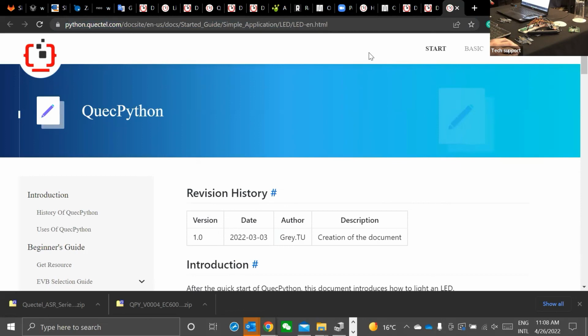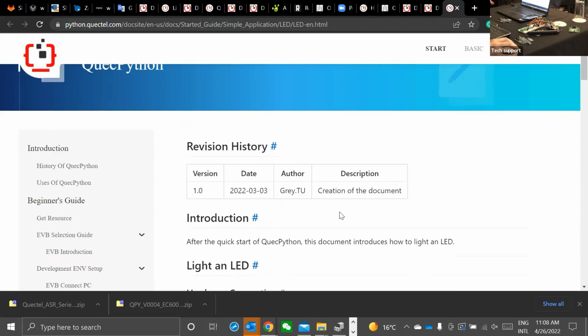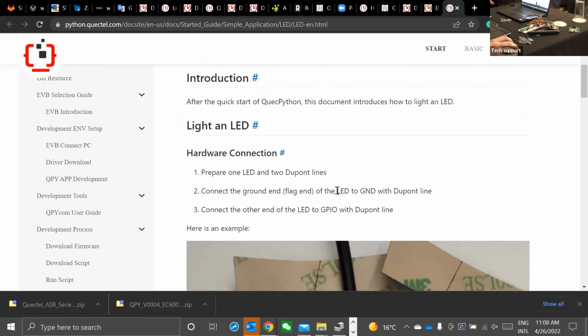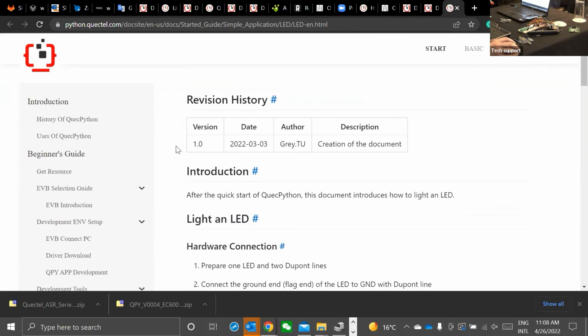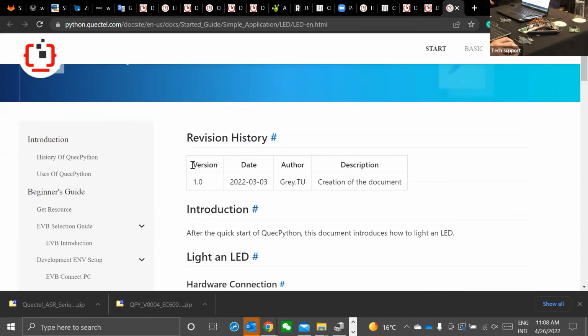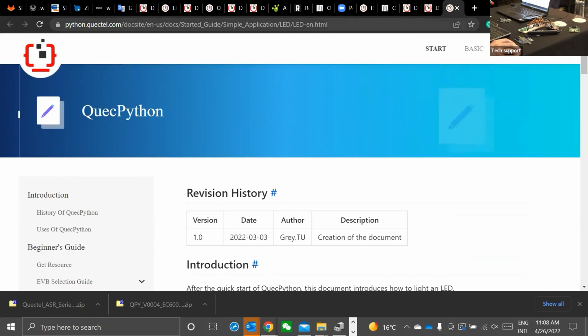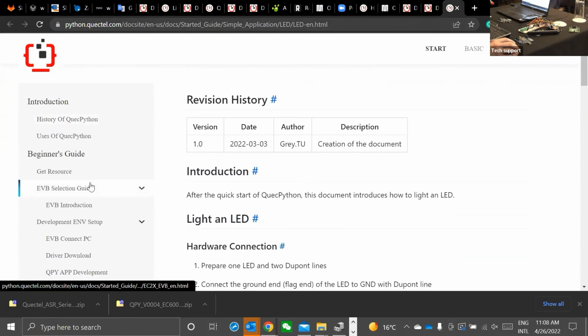If you click, I will copy and paste it. If you go to that link, you should see this page. We were already on this page, and in the top right you should see Start, Basic, and Advanced.